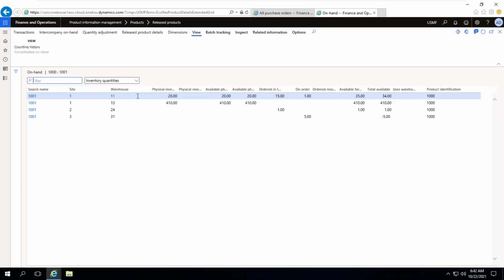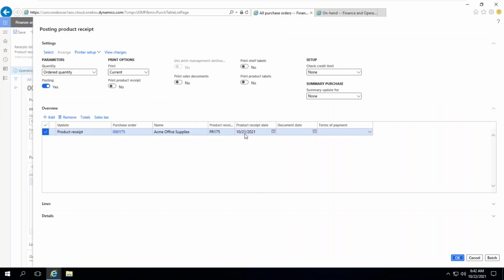So here now it became 20. The reason behind it is the 10 from the product receipt was already updated.